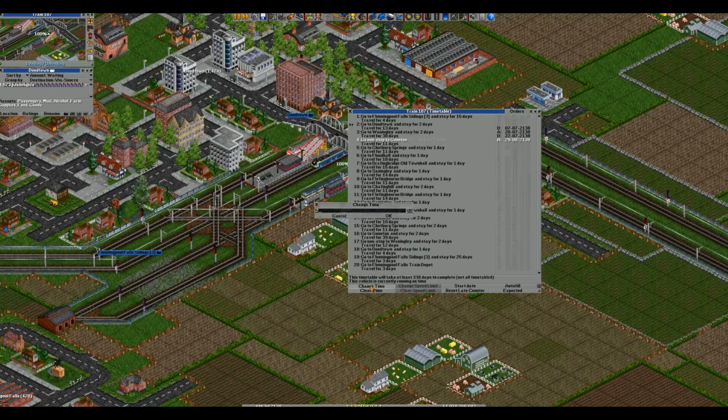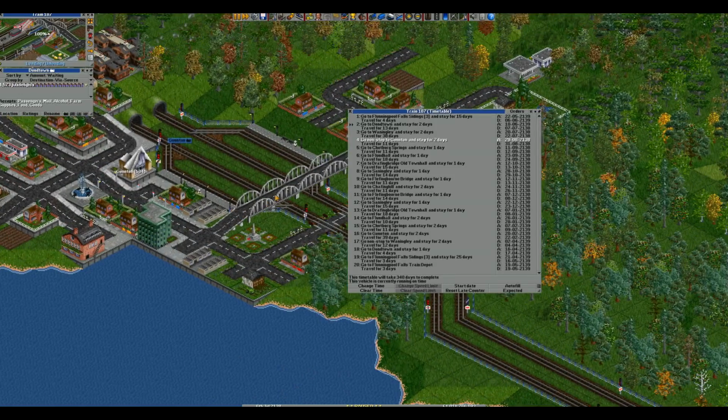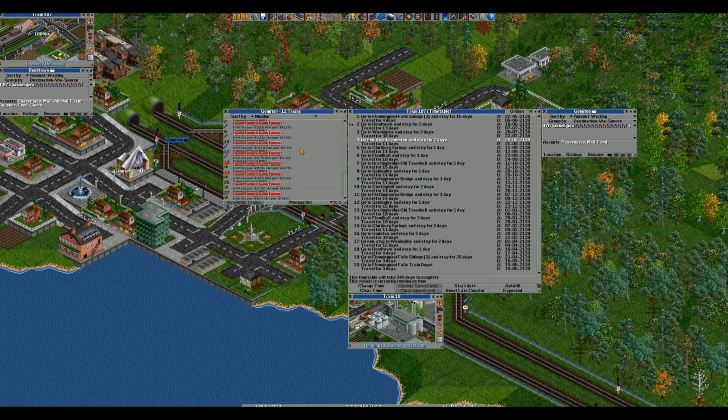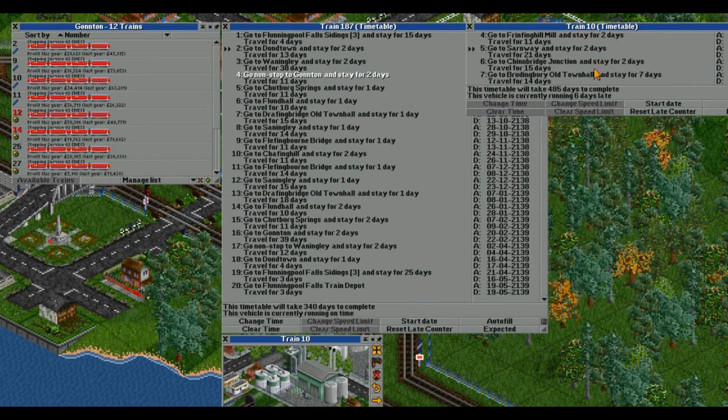Now, when I'm running through stations such as this one here, such as Gontown, one thing that you'll notice is obviously that there's only one platform going either direction, so I need to make sure that all the trains that service those stations are going to get in and out as quick as possible. Thus we may be holding up services behind. So let's have a look. So that one's heading the same way. Gontown. So at the moment, if you see here, these trains are waiting for 7 days and 5 days in the station afterwards. So I'm going to change those back to 2 days,